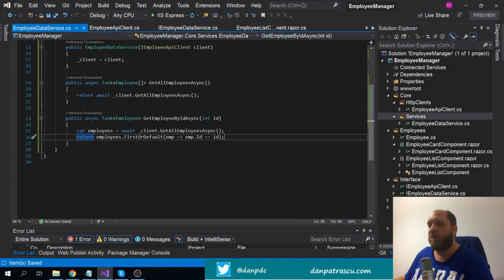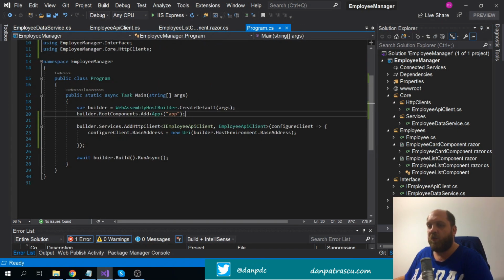And this is what our data service is actually doing. How it is doing it, once again, is an implementation detail and it belongs to the data service itself. So the components really don't have to care how this data is fetched. Now, before we can go and wire everything up in the UI, in our component, we also need to